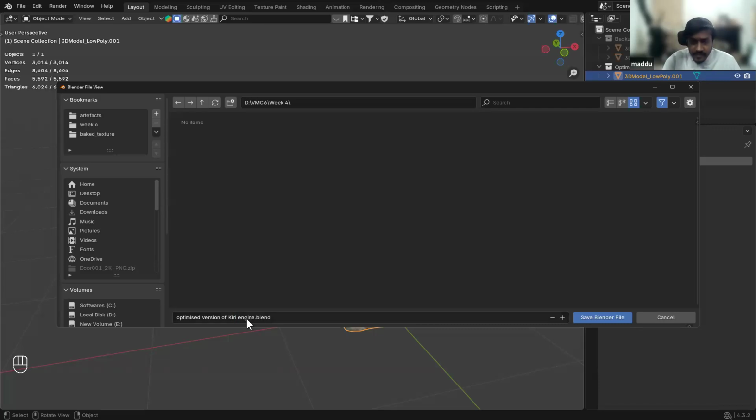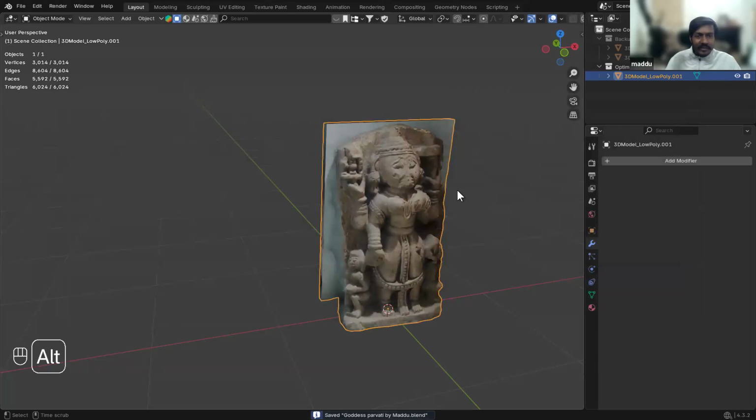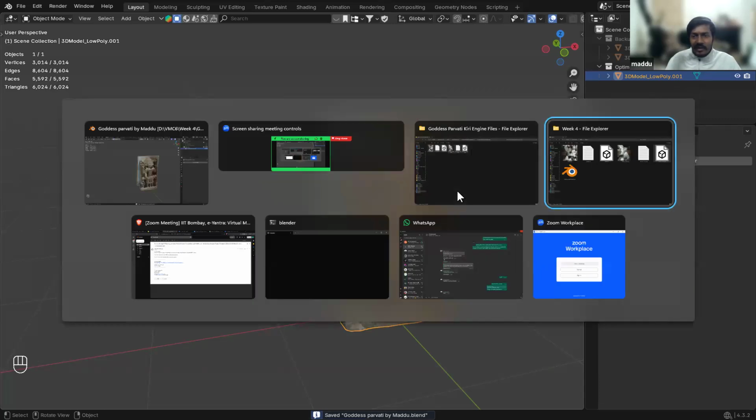From now onwards, let's practice this. If your artifact is selected, save all your files with that artifact's name. For example, this artifact's name is goddess Parvati by Madhu Shravan Mulli. I mean Madhu. Let's just say Madhu, and I will save it. Okay. So if I go back into my week 4